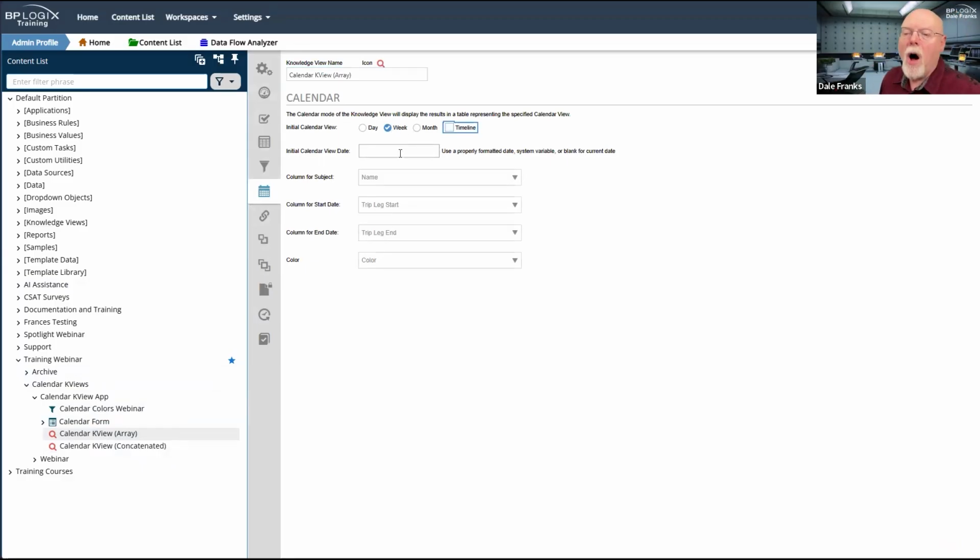I think the default view, of course, is the week view, and that's probably the one that you'll want to see most. Also, you have an initial calendar view date. Now, if you don't fill this in, what it will do is show you the current week by default, but you can, of course, set this to show some other time or date other than the current week. So, for example, you could take the current date and add 14 days to it, in which case it would show you what was happening 2 weeks hence.